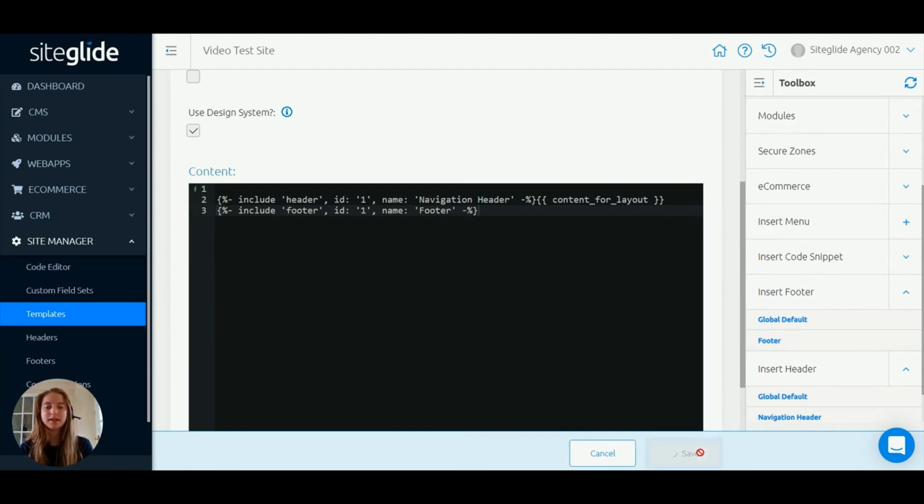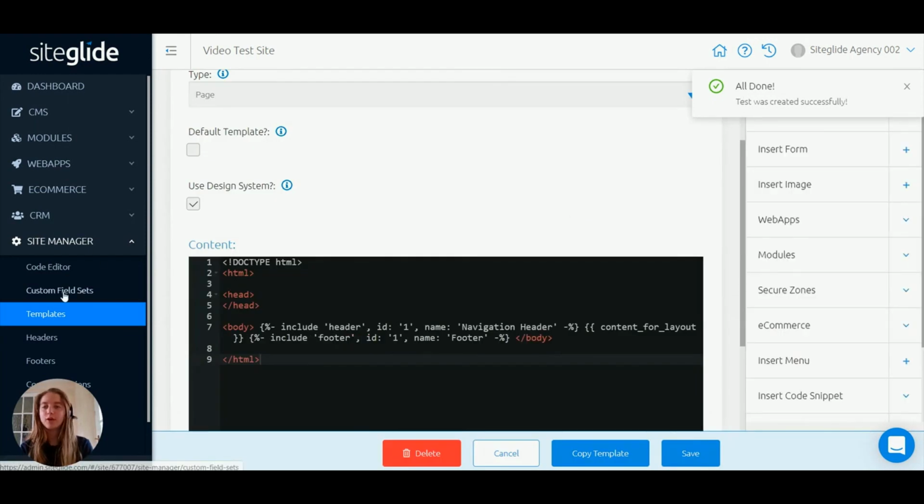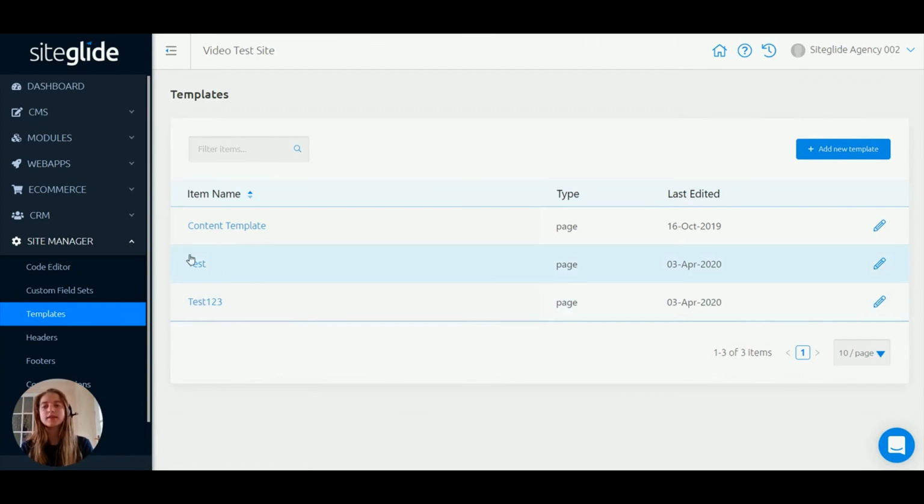So now we want to click save. Fantastic. So this has been made for us. If we go back to our templates, we can then see that the template we have just made is there ready for us to use. So to recap, we have created a template